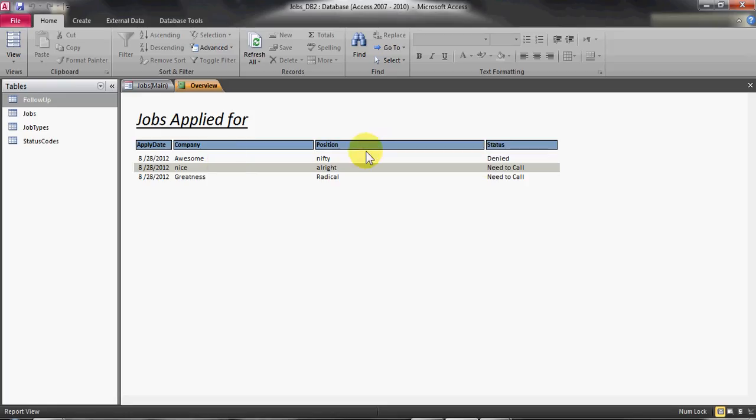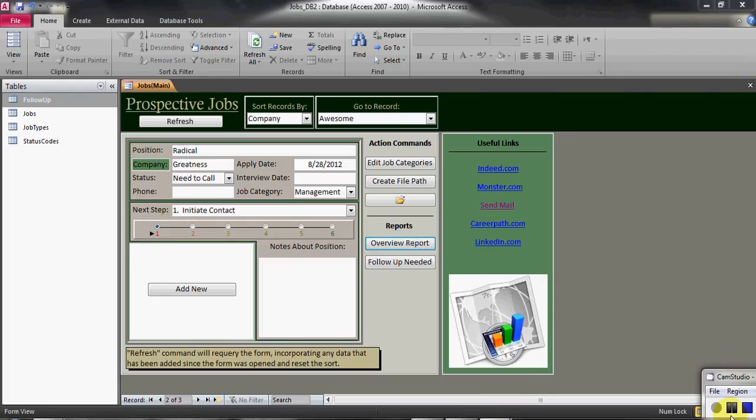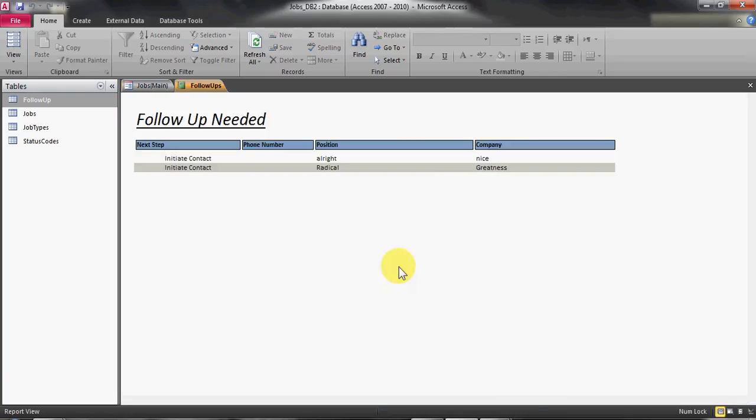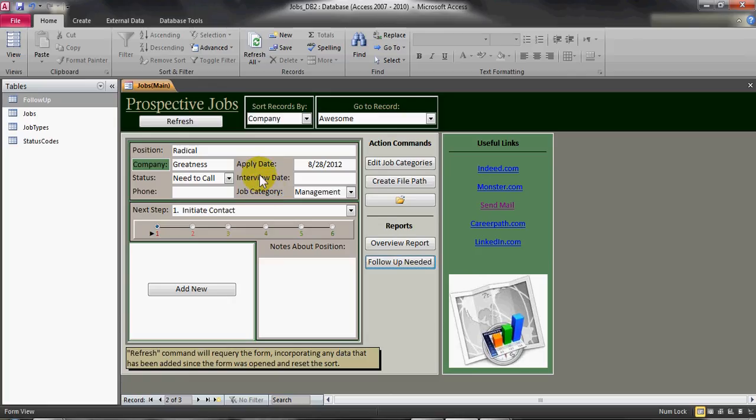And notice this top one, the status is denied, meaning that it was rejected. So if you've got one like that, if you come to this follow-up needed report here, you won't see that one. You'll just see the ones where there's still hope for a potential position. And so if you schedule an interview, you won't see it there either, because obviously the process is complete at that point. So if you're in your status and you're scheduled or denied, it won't show up in the